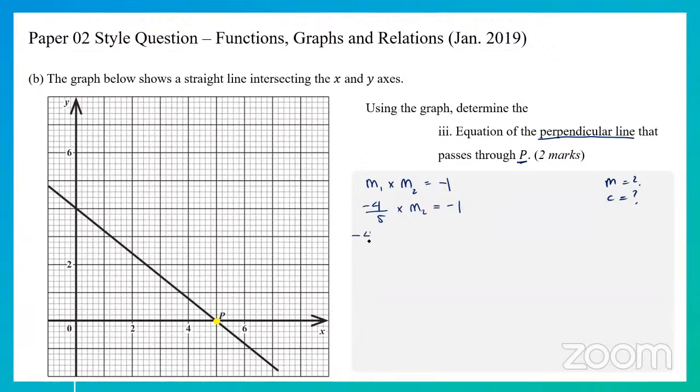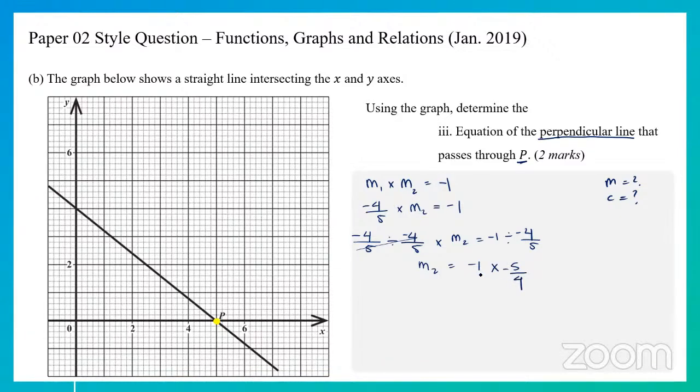So if I say -4/5 divided by -4/5 times m2 equals -1 divided by -4/5, this cancels out, and this will give me 1. m2 is equal to -1 divided by -4/5, and we can use keep, change, and flip. So -1 times, flip this,